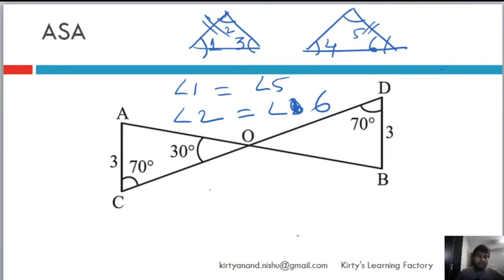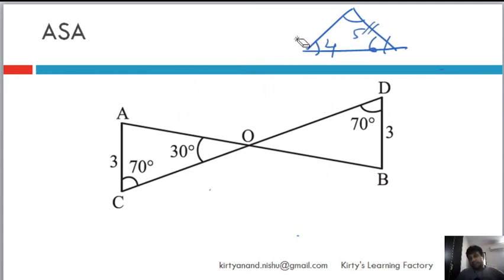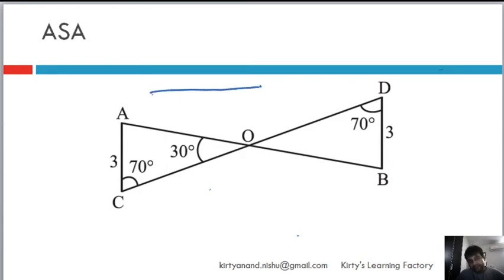And let's understand why. So let's try and draw it. Practical geometry is the best way to ascertain. You draw it and you will understand why. Let's draw a triangle. One side is fixed. Let me fix it at 5 centimeters. Now let me draw an angle of 60 degrees on this side. That is my first angle. Let me draw another angle of 40 degrees on this side.